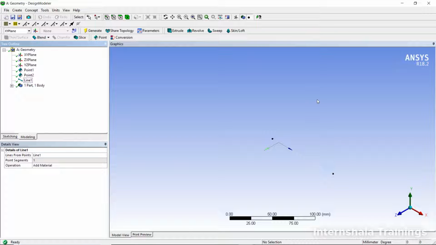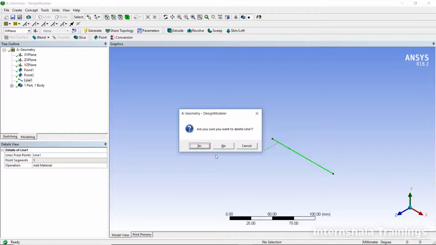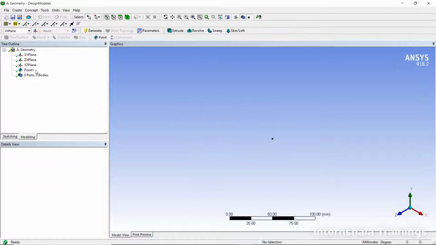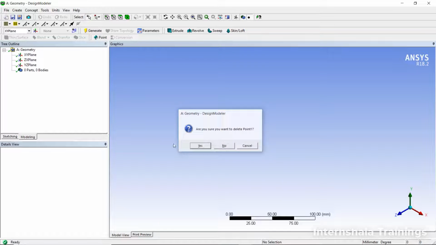One thing you can do is create what is known as a coordinate file, and once you create the coordinate file, you can just import it into Design Modeler so that you will be able to generate all the points at once, with a single step. So for now, I'm going to delete this line by pressing delete, and then I'm going to delete this point as well, and this point as well.